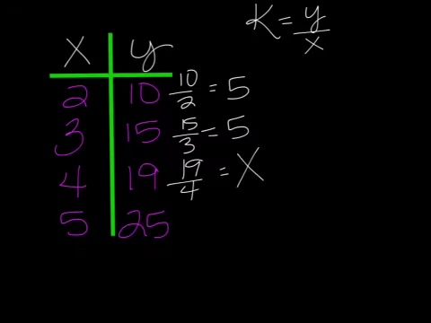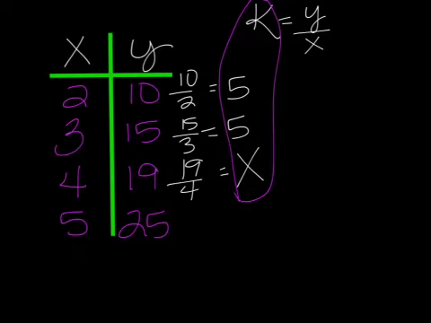That's not 5, so I'm just going to put an x. Now, notice, do all of our k's match this time? They don't. So that just simply means that this is not proportional, which is there is no k. So for k we put none, and we would write